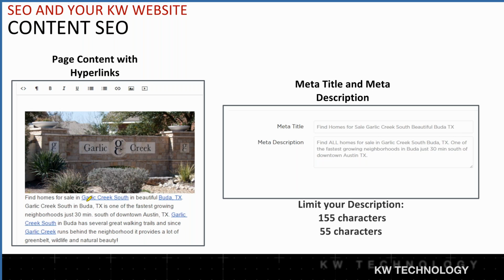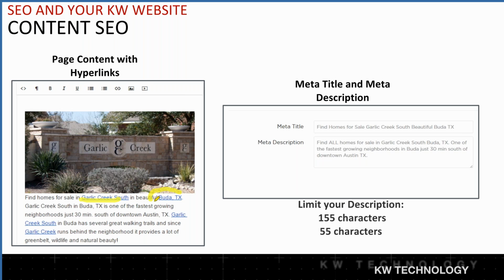So Lisa's saying when they click on Garlic Creek South, they're going to be taken to a page on her website in that neighborhood. And you're exactly right. That could be a community page that you create within your KW website, by the way. It can also just be the property search page of that area, because with your Playster IDX, you can put any link in there that will take them to that specific area, that specific neighborhood. And Diane also came up with the correct answer, as well as Gina.